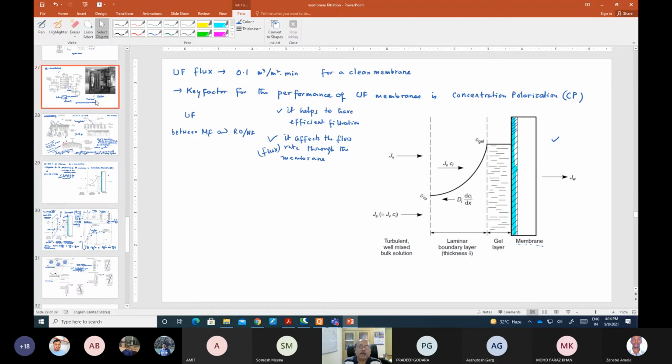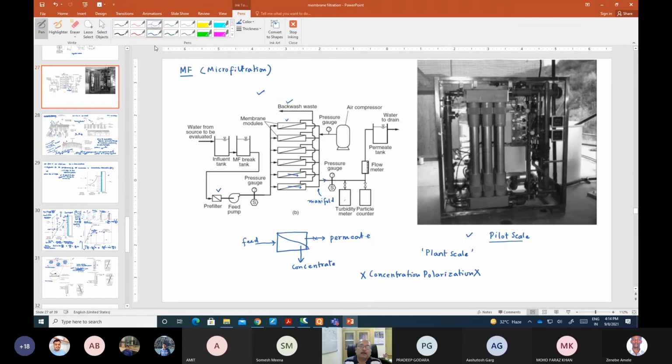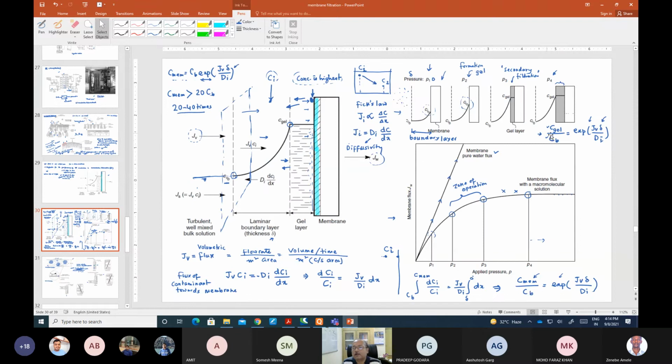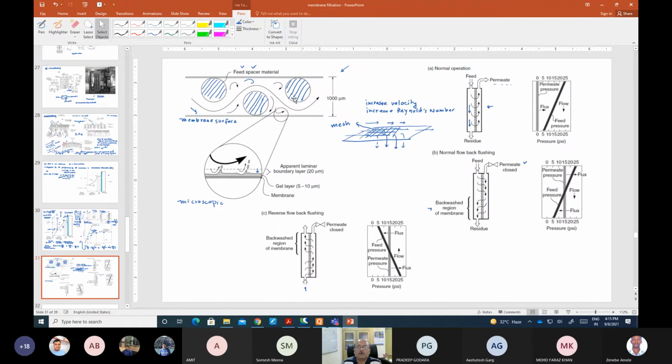So here everything is directly related with the pressure. We also discussed that after a certain time, the pressure requirement is no issue there. The only thing is that the concentration of the gel layer is an issue, which restricts your value of volumetric flow. And then we also discussed that the value of delta, the laminar layer thickness, plays a big role. And we also discussed how to